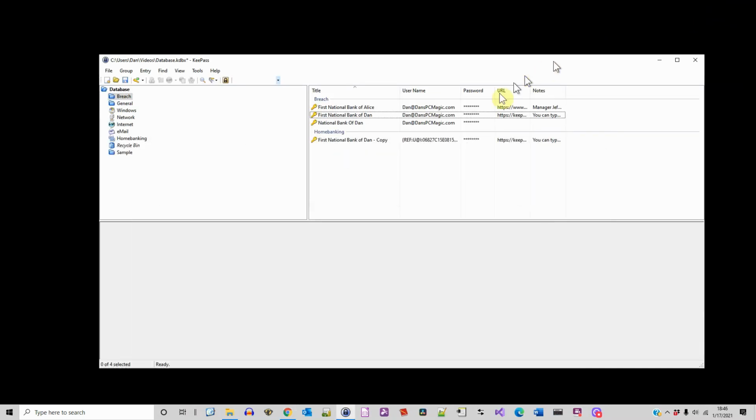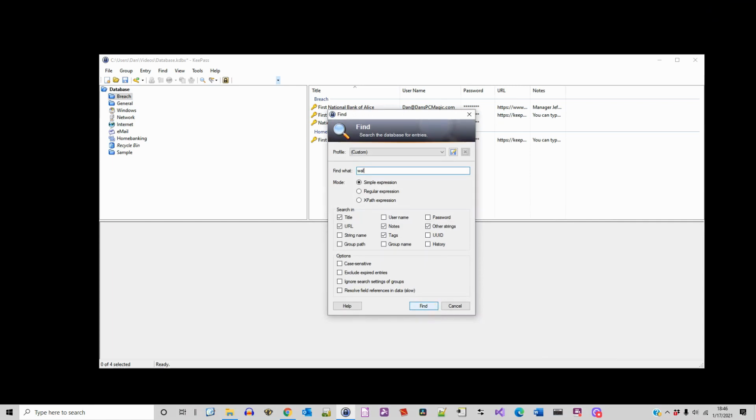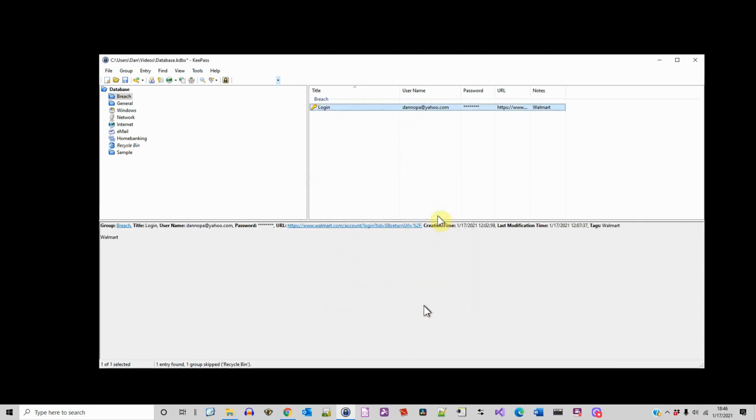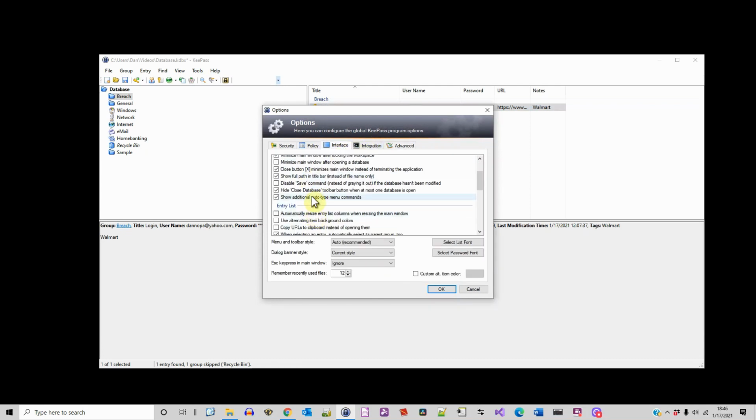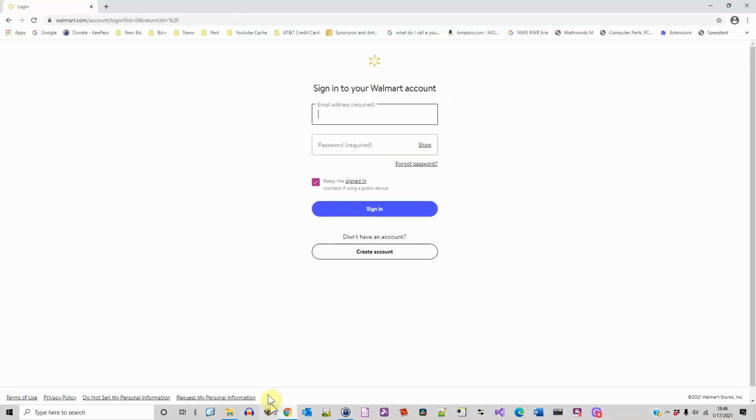And if you do search for it manually, do we have a Walmart? We have a Walmart there, and it says login, but if you set this up properly, you'll have to go to Tools, Options, Interface, Show Additional Autotype Menu Commands. That's key. It needs to be checked. What it means is you can then go to Walmart, come back here,